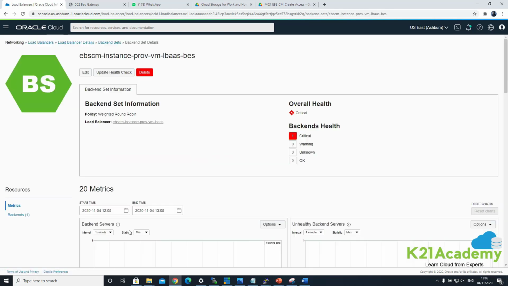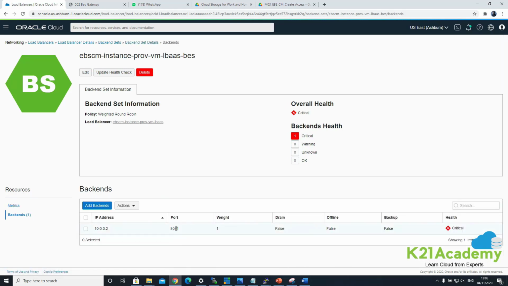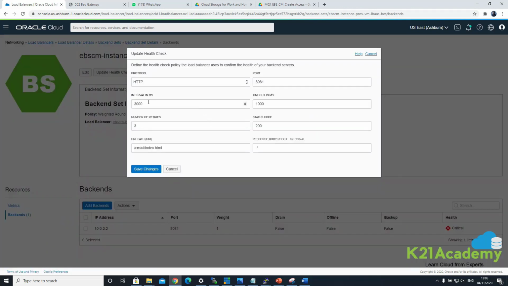So this is my backend service, and as I said, the backend set is listening for port number 8081. And if I want to see the health check, I'll see what my health check configuration is. So it's saying interval is 3000 milliseconds. What this is saying is that it checks port number 8081 every 3000 milliseconds, which means every 3 seconds, and it'll try 3 times.